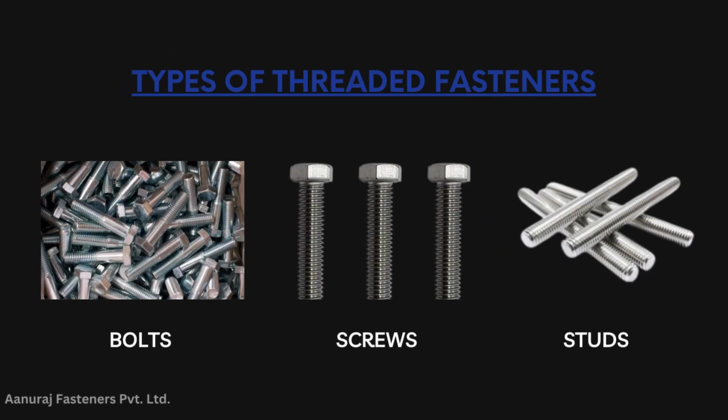Bolts. Bolts are types of fasteners that have a head at one end and a screw thread at the other end. They are used to hold two or more objects together by being inserted through holes in objects and then tightened using a tool such as a wrench or a screwdriver. The screw thread allows the bolt to be tightened or loosened as needed, making it a versatile and strong fastening